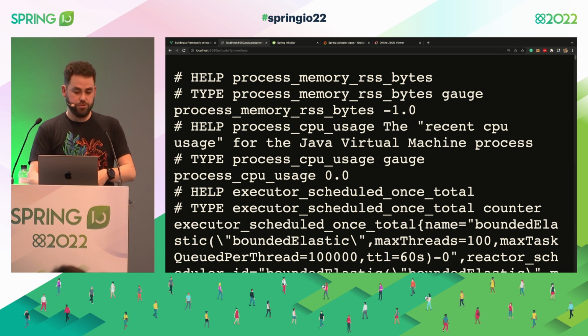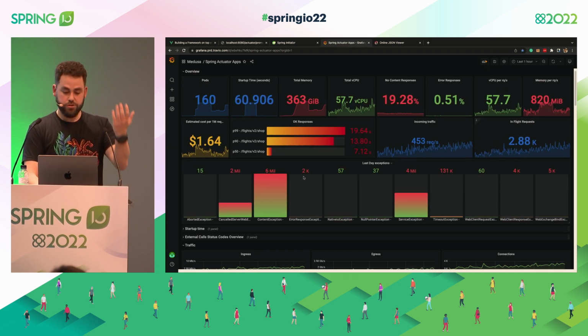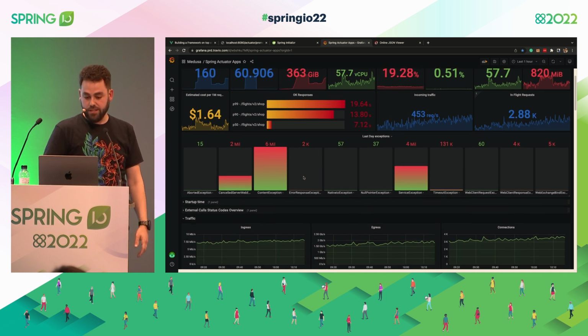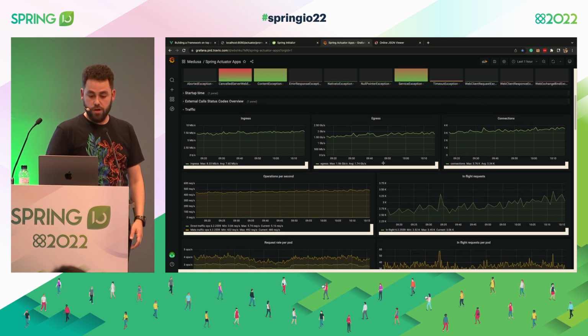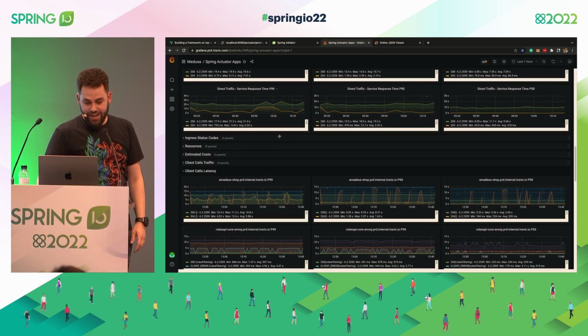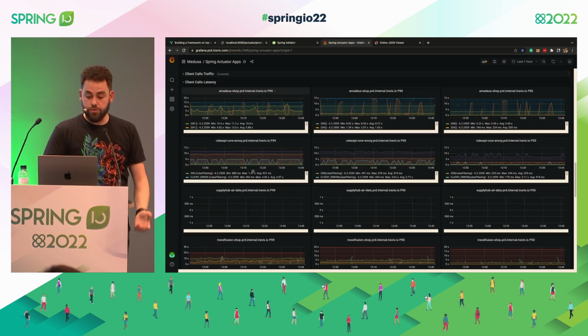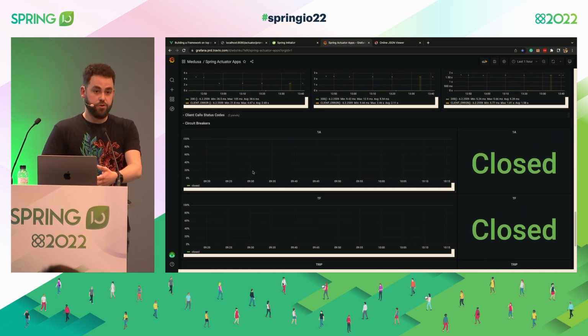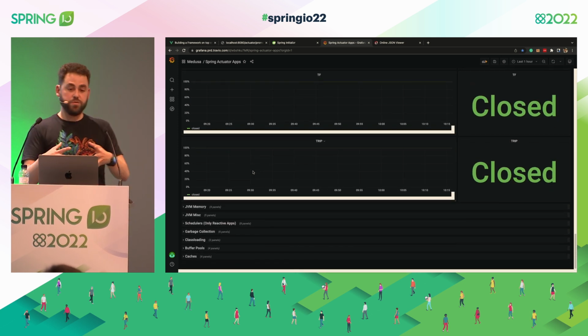So a general dashboard for all our applications would look something like this. We have all these metrics on our applications where we know what exceptions are being thrown. We can see the latencies. We can see how many pods, of course. We can see the latencies on each of the calls we do. We can have a look at if we have circuit breakers, which state they are. So all of this just comes from standardizing. If all